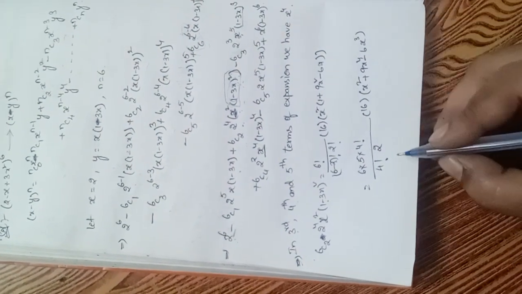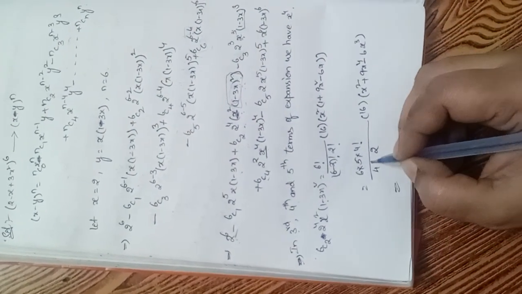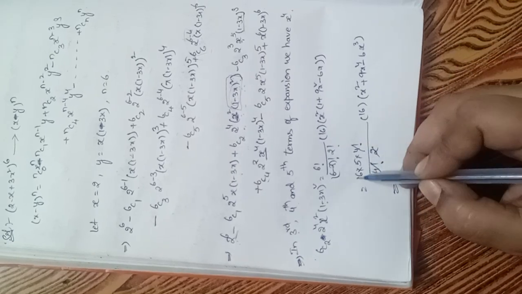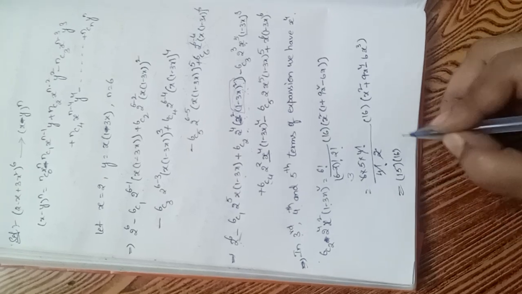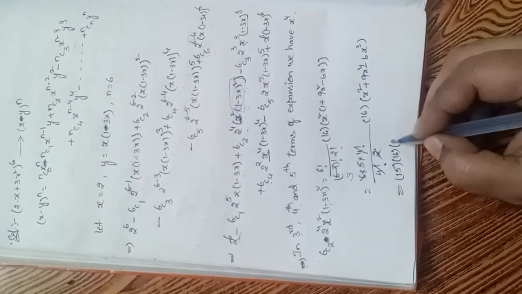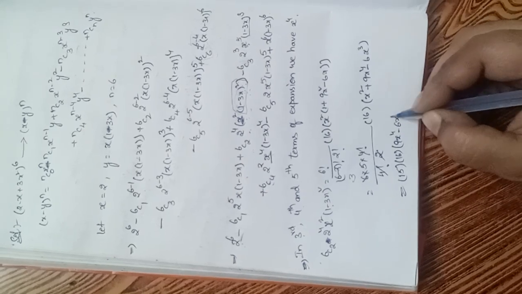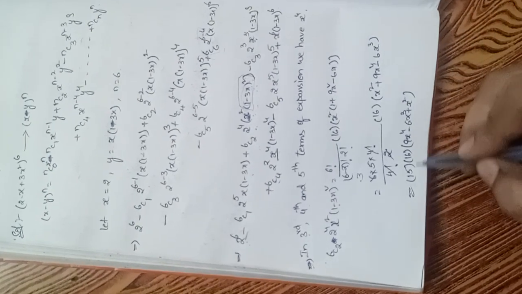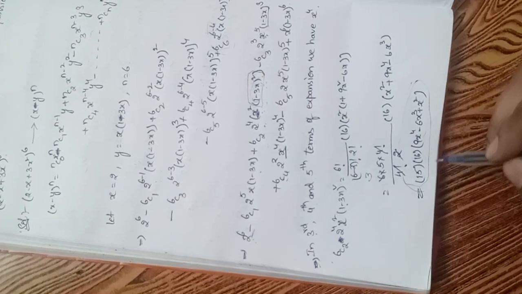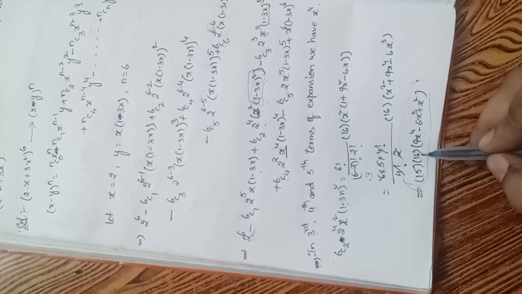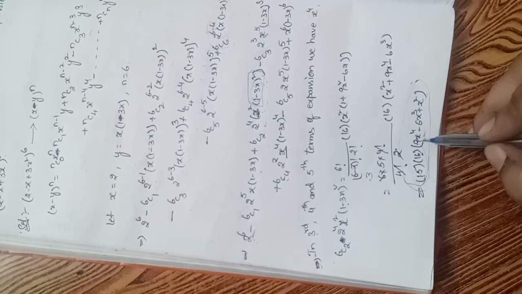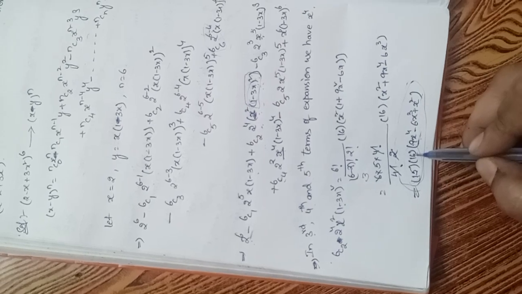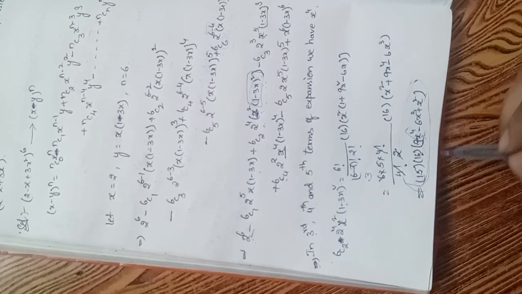Okay, 6x cube. So here, 4 factorial cancels, 2 in 6 three times. So 3 fives are 15, into 16, into this, which can be rewritten as 9x power 4 minus 6x cube plus x square. If you multiply this expression, you multiply these two first. Next you will multiply these terms with this multiplied term. While multiplying that, first you will multiply the 9 with the 15 and 16, right? So that will be the x power 4 coefficient. So what will you get as the coefficient of x power 4 here?